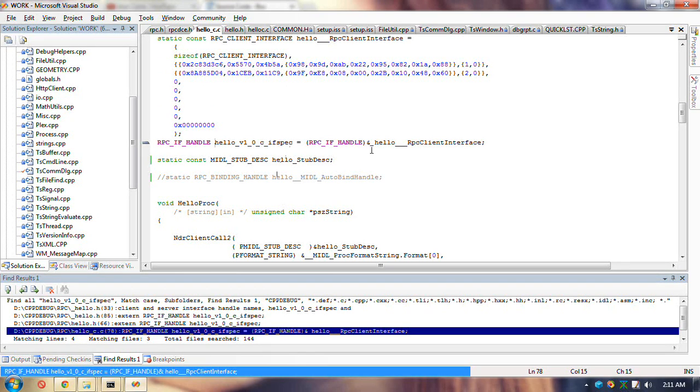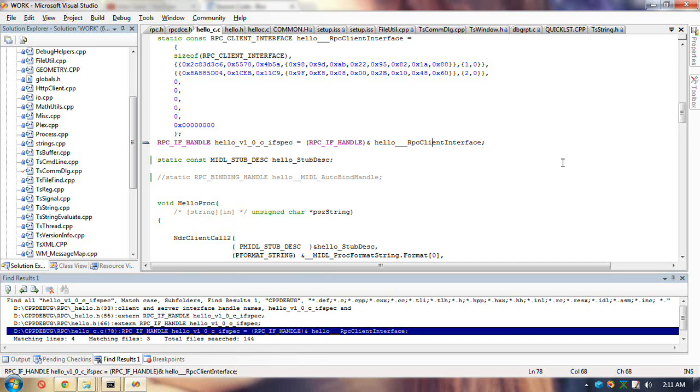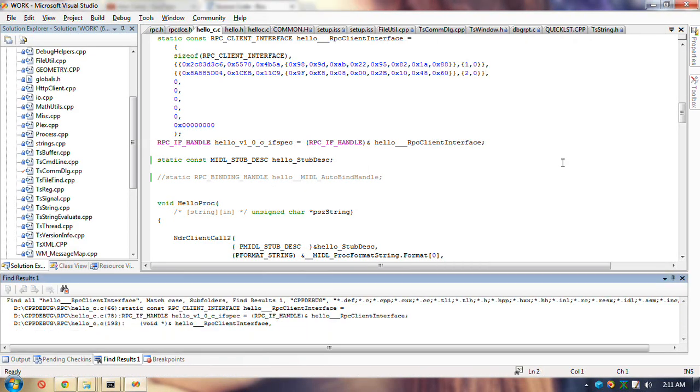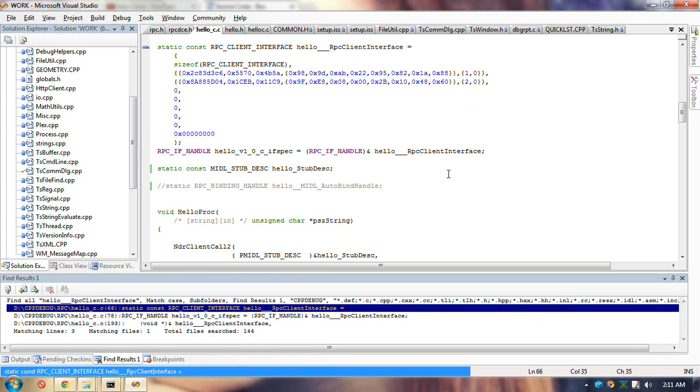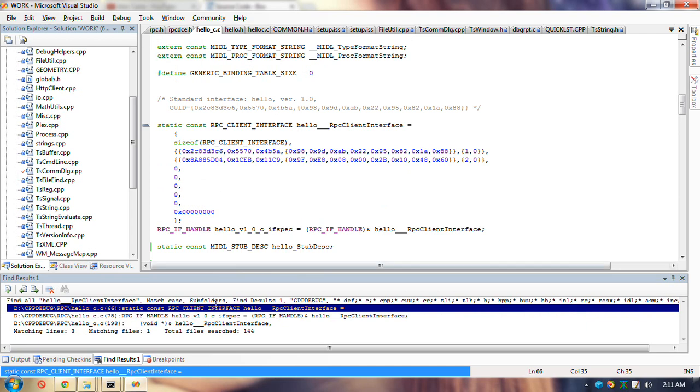Here it is. Declared as the address of this thing, which is a great big structure. So that would be maybe no good.